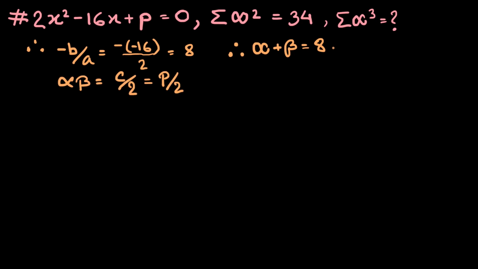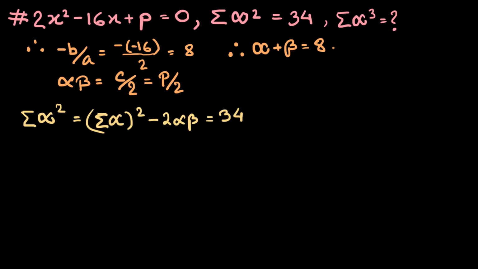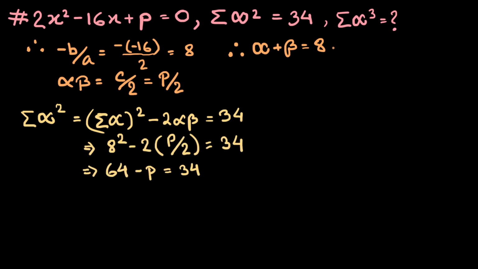It's time to bring all this information together. We can write the formula of the sum of the root squares and equate it to 34. Then replace the variables with their values and find the value of p. And here we have p equals 30. Now we can also reduce the product of the roots to be 15. From here, we could simultaneously solve these two equations and get the values of alpha and beta and cube them. Spoiler alert, if you're going that way, the roots will be 3 and 5.